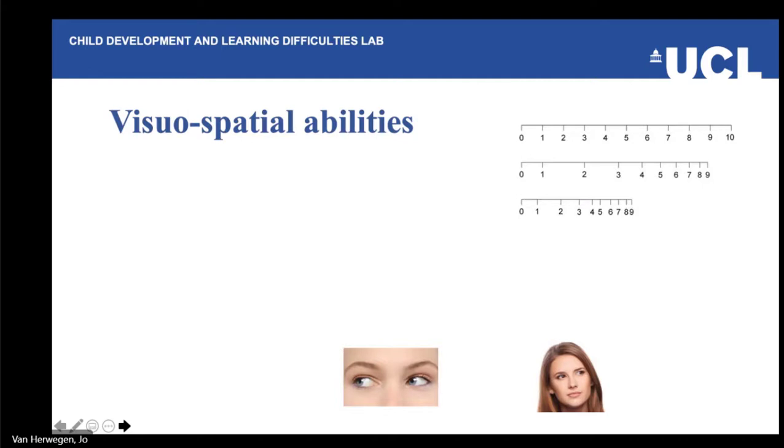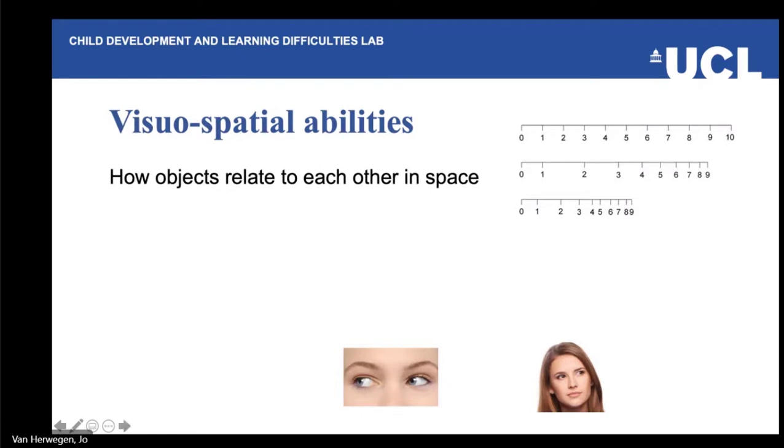Another domain general ability that matters for young children is visuospatial ability. Visuospatial ability is your ability to orientate yourself in space and to understand how different objects relate to each other in space. And the reason why this matters for mathematical abilities is because numbers relate to each other. And very often when we think about numbers, or if I ask you to think about numbers, you might think of numbers being on a line, and because we read from left to right, numbers that are small are probably on the left of your number line, and numbers that are large are on the right of your number line. And I'm sorry, in my